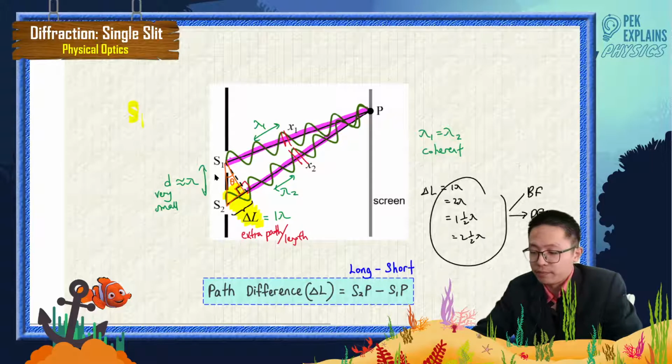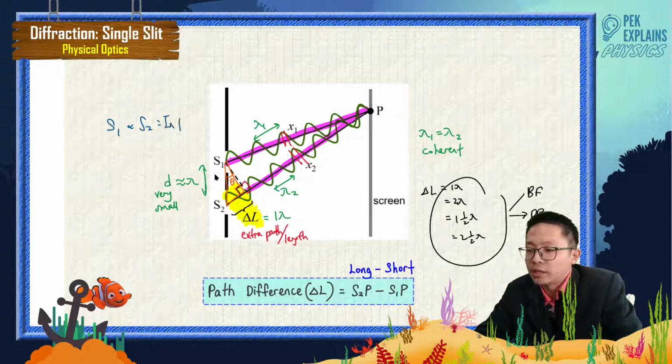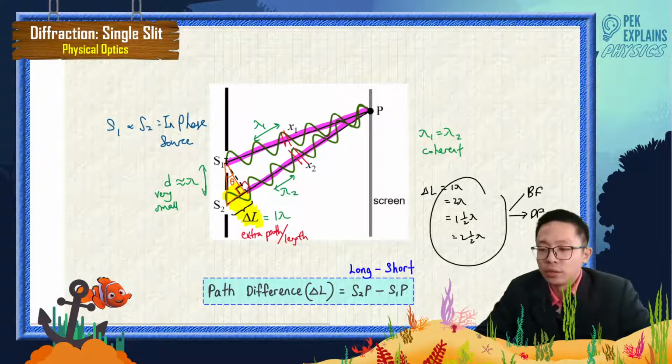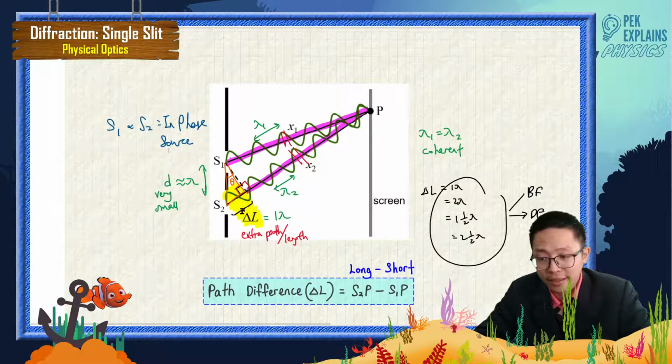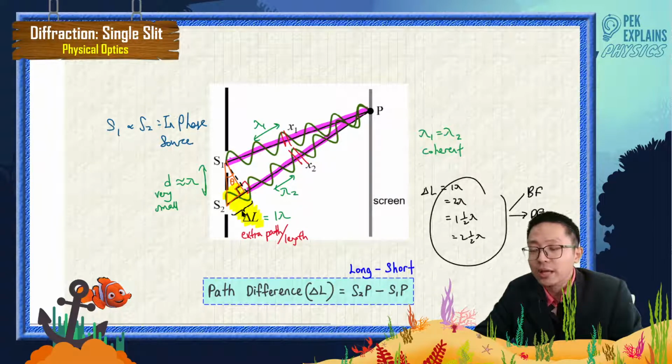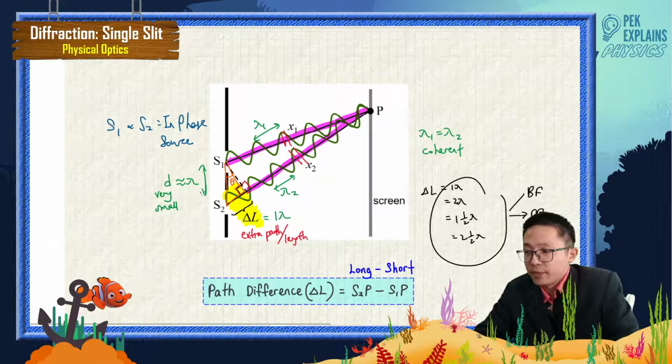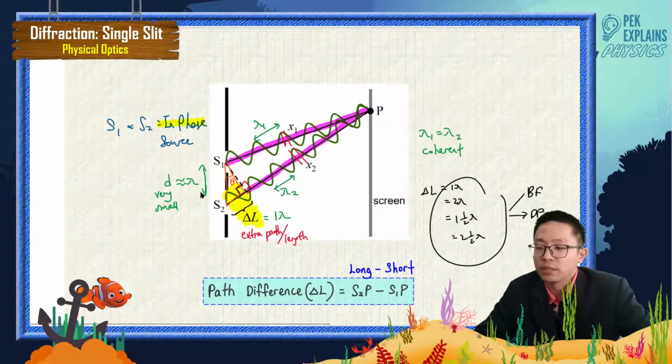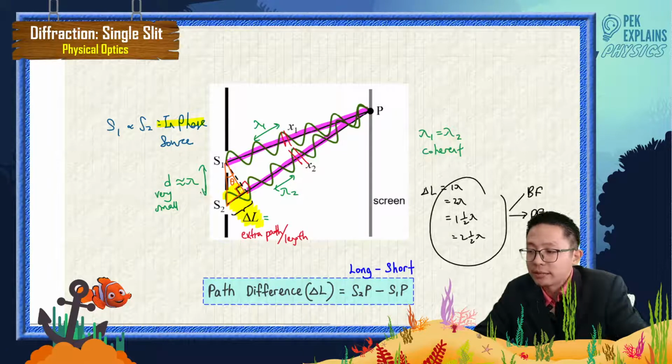Let's say S1 and S2 are both in phase sources. So S1 travels a shorter distance, S2 travels a longer distance. S2 travels this amount of extra distance, delta L. For in phase sources, remember, the delta L must be equal to